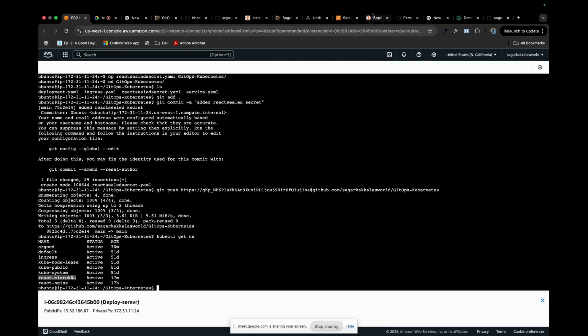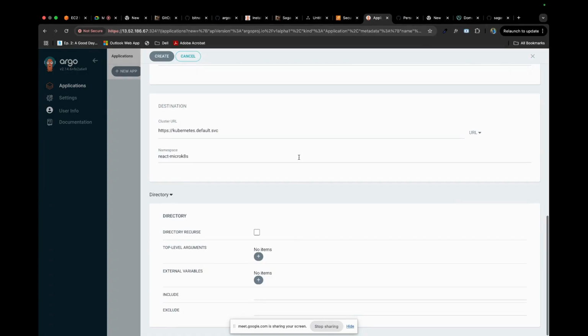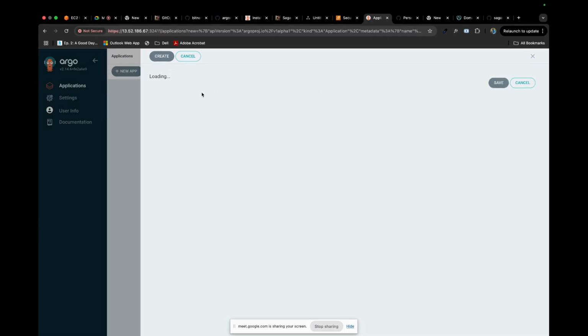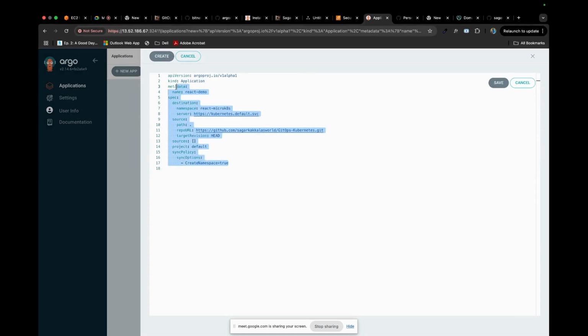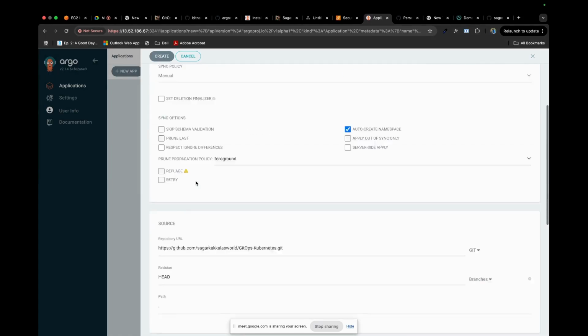Okay, fine. Even if it doesn't exist, one more thing that it gives is the option auto create namespace. It checks whether the namespace is there or not. And as well, if you want to see this file, how it is, you could just click on edit as YAML, and you'll see the complete Argo CD file. So what file and what repo it's using, and what project, and what other options you selected. So once this is done,